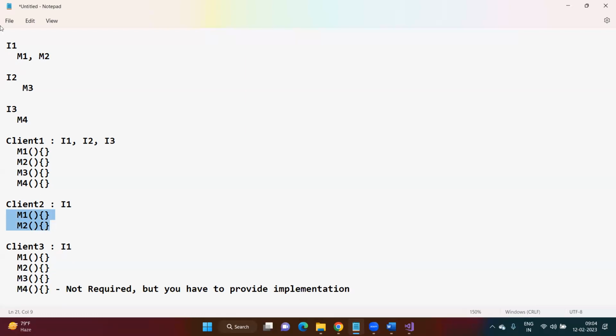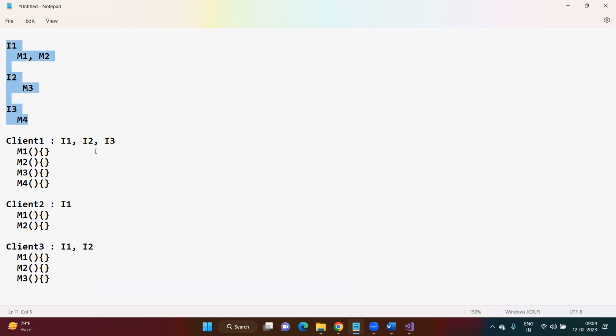Now client 3 requires method 1, method 2, method 3. Let this client inherit from interface 1 and interface 2. As we are creating these as interfaces, multiple inheritance is possible, so one class can inherit from more than one interface. That is fine. Now, as we have split that big interface into numerous small interfaces, based on the requirement,